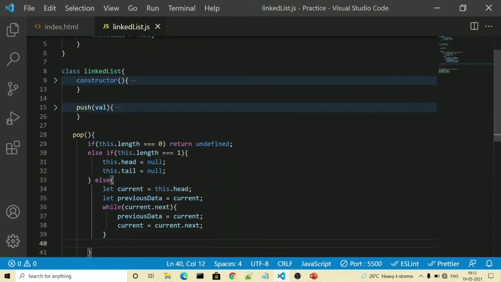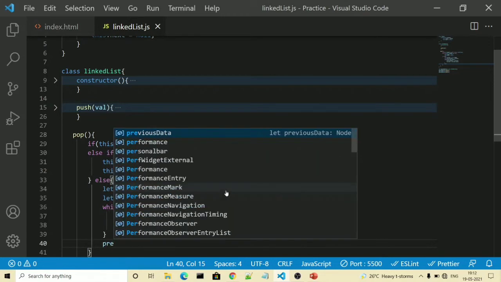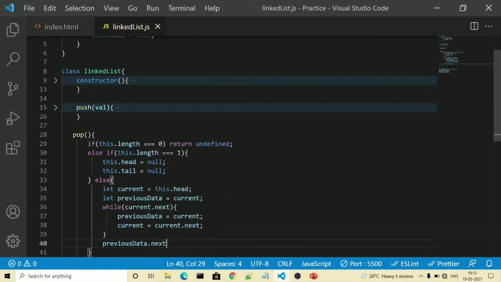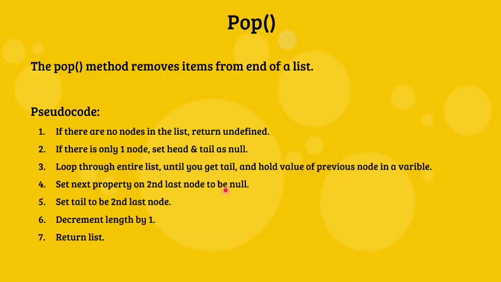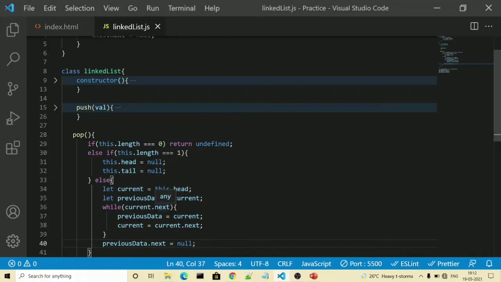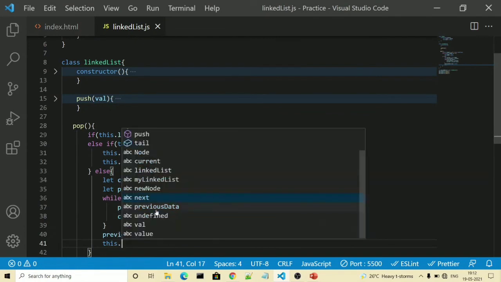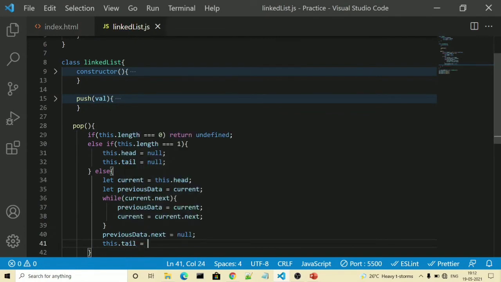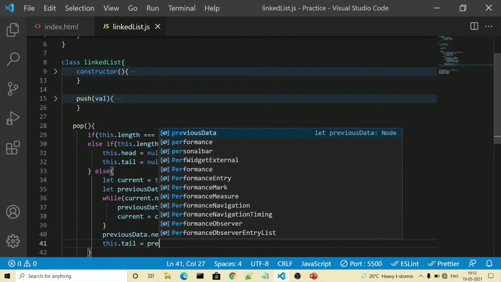And at the end, we will simply say previous.next is equal to null as per our pseudocode. The next point says set tail to be our second last node. So we will write this.tail as previous.